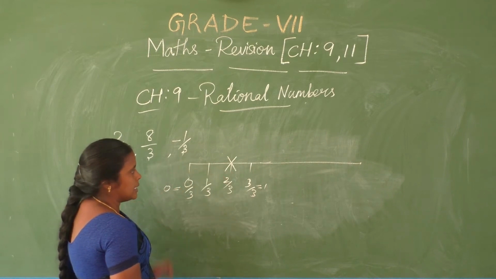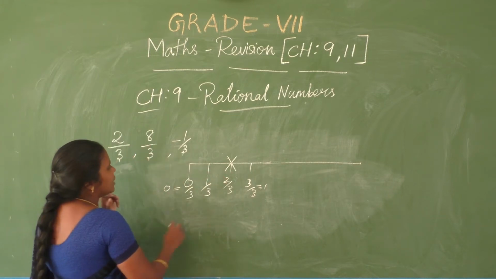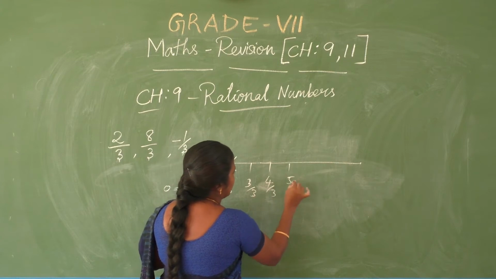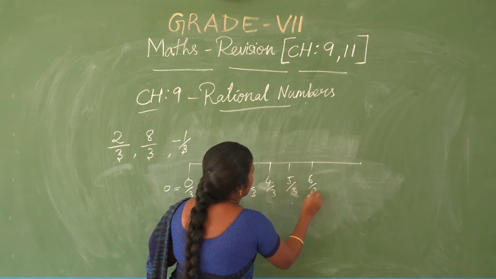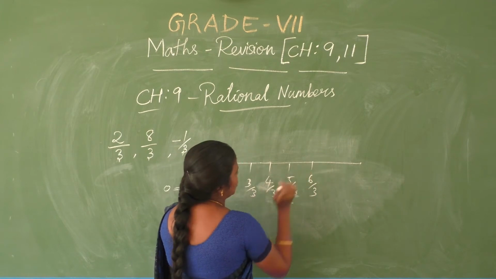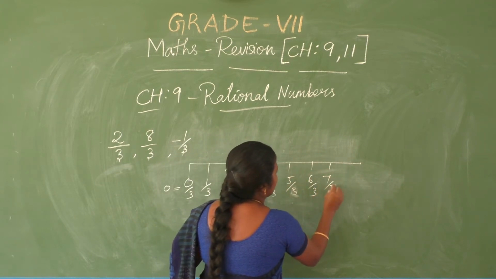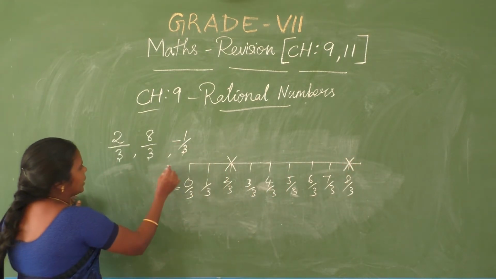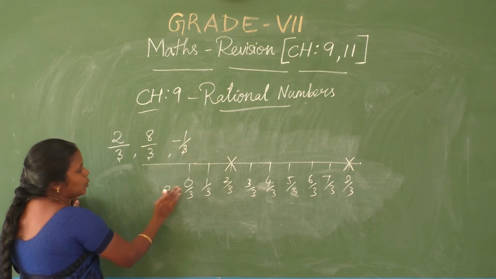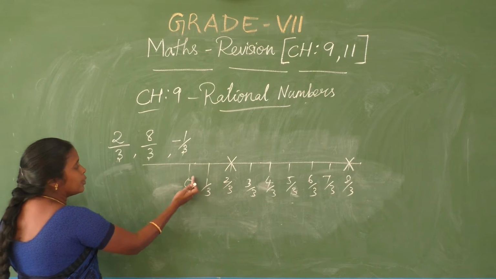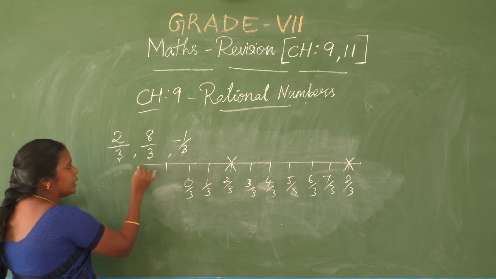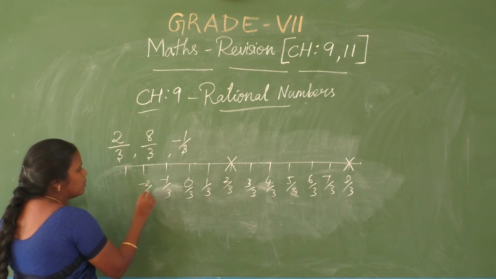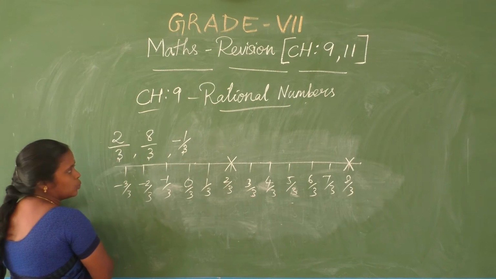So we represent the other numbers also like this. 8 by 3. So this is 4 by 3, 3 by 3, no? So 4 by 3, 5 by 3, 6 by 3, nothing but 2. 1 to 2 interval I have taken. Then 7 by 3, 8 by 3. So 8 by 3 comes here. Come to the left side. Minus 1 by 3, no? Where does it come, after 0, in the 0 to minus 1 interval? You have to cut into 3 pieces. In that, first one is minus 1 by 3, minus 2 by 3, minus 3 by 3, which becomes minus 1. Like this.